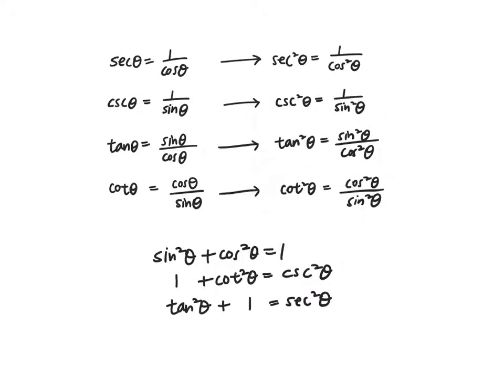So here are the identities that you'll use most often. Secant theta is 1 over cosine theta, cosecant theta is 1 over sine theta, tangent theta is sine theta over cosine theta, cotangent theta is cosine theta over sine theta. But notice that if I were to square both sides, I would end up with these as well. Secant squared theta is equal to 1 over cosine squared theta and so forth. Also recall sine squared theta plus cosine squared theta equals 1. Tangent squared plus 1 equals secant squared,